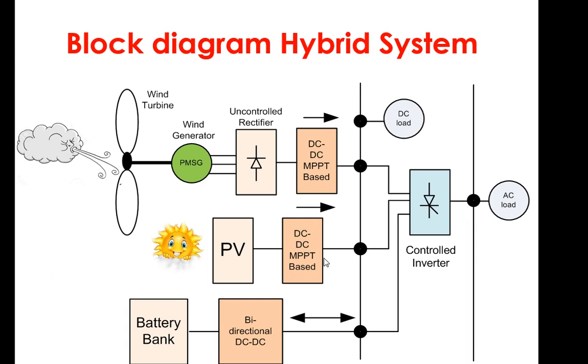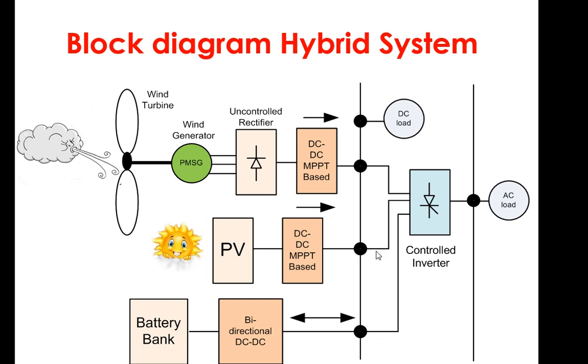Again there is a protection diode inside this to prevent the reverse power flow at night, because PV has some internal resistance that is known as the series and shunt resistance. So again this direction is single way. There is no bidirectional, there is single direction. And then we are having the battery bank that is connected with the bidirectional DC to DC converter. We are having a two-way power flow.